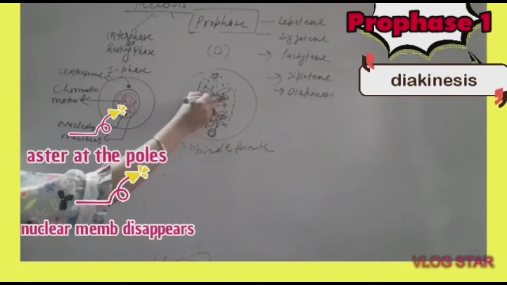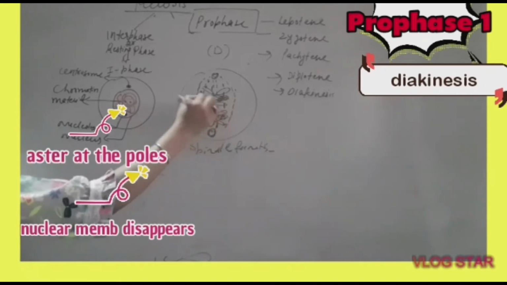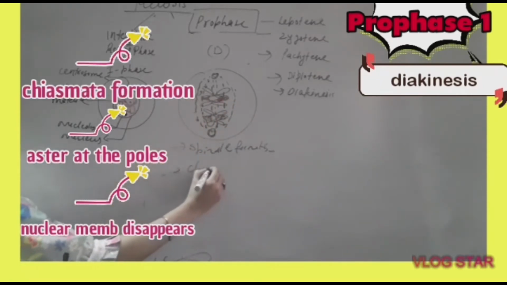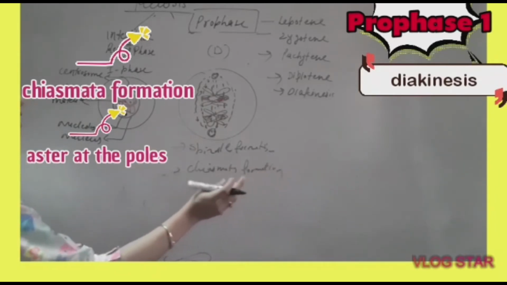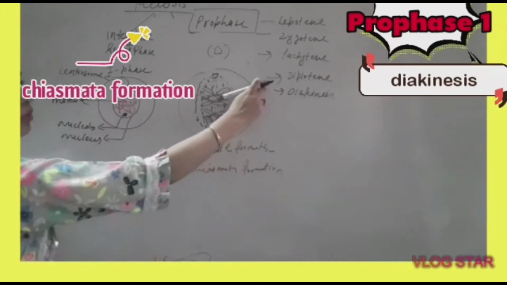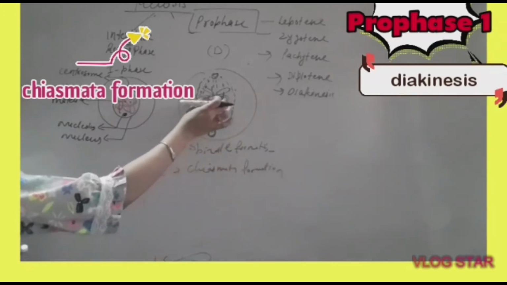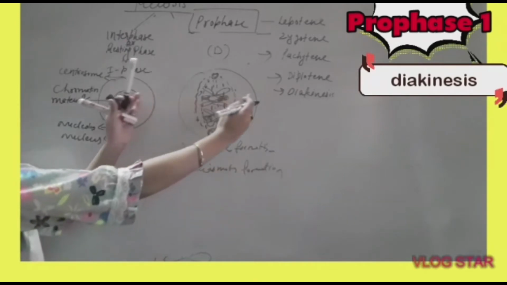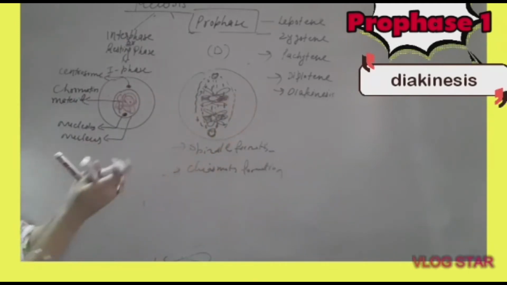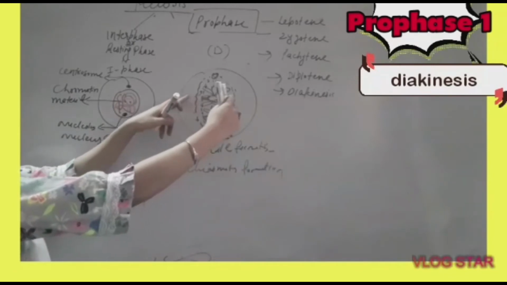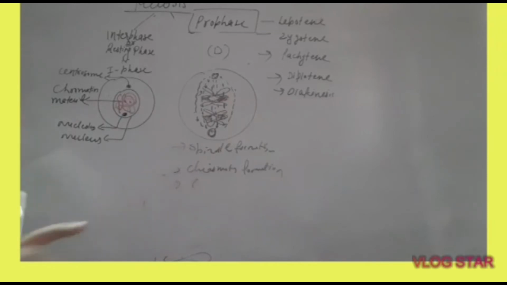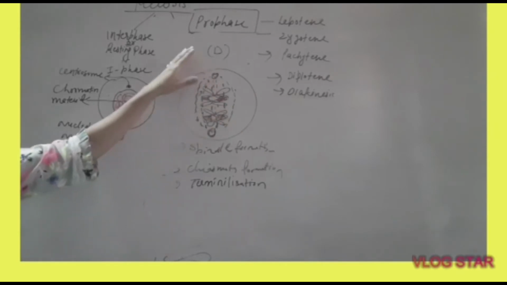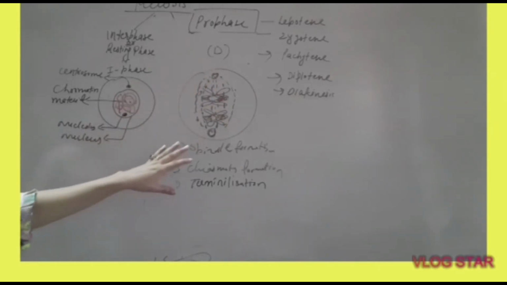Now the area of attachment between two sister chromatids is known as chiasmata formation. Chiasmata also begins to dissolve. This chiasmata formation takes place in diplotene, but here it dissolves. You can see terminalization, dissolving of the chiasmata complex, dissolving of the synaptonemal complex. So those on the sides start moving apart, dissolving and separating. This is known as terminalization. Terminalization takes place. This was all about the 5 steps of prophase. We have completed these steps.